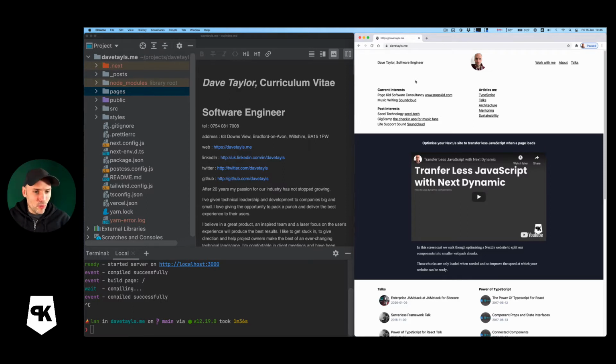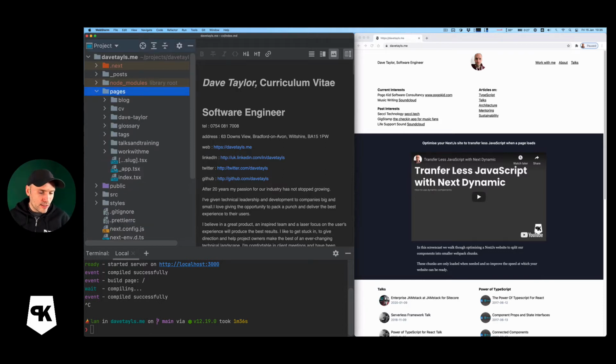It's still a work in progress, really, because there are still some things I want to add to it. But I'll take you through how it works and what I've decided to do, and maybe there'll be some learnings in that. Right, so it's a Next.js site. I created it, and it's using Next 10. And inside the pages,